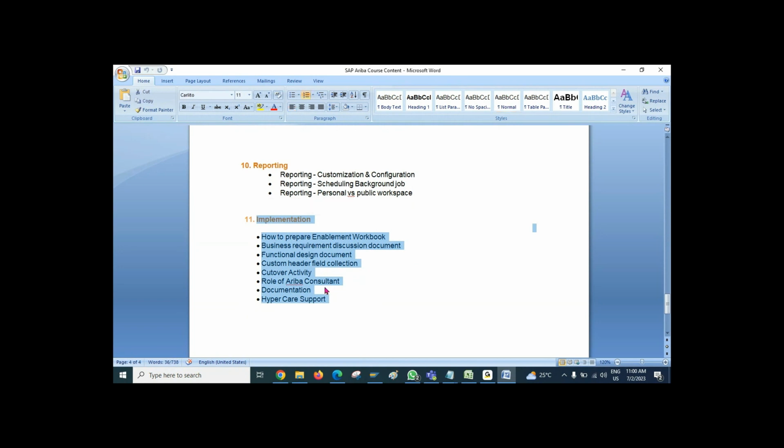Here we will talk about the Ariba implementation at a detailed level, how it goes on, and the different kinds of documents we have to prepare. I may not be able to share project-specific documents, but I'll show you so you get a look and feel of how the step-by-step implementation goes on, and what role we have to play as an Ariba consultant. All those things we will discuss here.